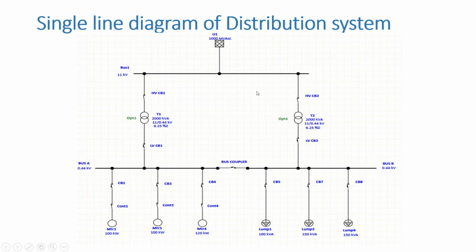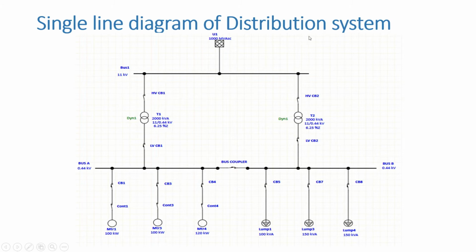Now we will see the single line diagram of the distribution system. As we know, the main substation receives power from somewhere in the power generating areas. It could be a power plant or any other substation. From there, an 11 kV cable is connected to the 11 kV switch gear. From the 11 kV main substation, the outgoing feeder is connected with one HV circuit breaker and it is connected with the transformer. From the transformer secondary side, it is connected to the LV circuit breaker and it is connected to the switch gear